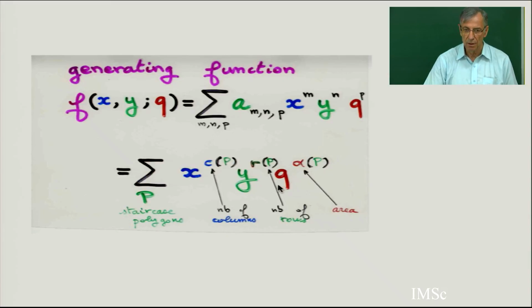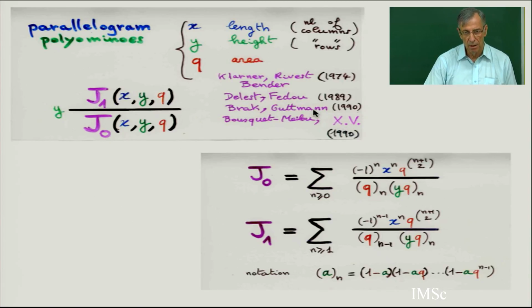So in the beginning of the 80s or 90s, there are many papers which give the explicit generating function for such staircase polygons. It's a ratio J1 divided by J0, where J0 is the q-analog of the Bessel function, with the parameter y inside, and J1 is another q-analog. You see, it's just a shift. Here, if you put y equal 1 and q times 1, you have n factorial and n factorial, and here you have n minus 1 factorial and n factorial. So this is J1. J alpha is when there is a shift between the two factorials, equal to alpha.